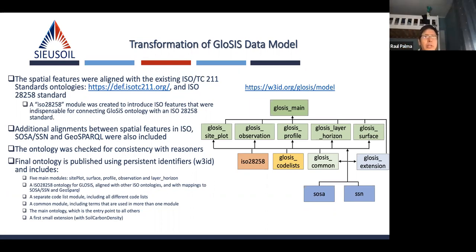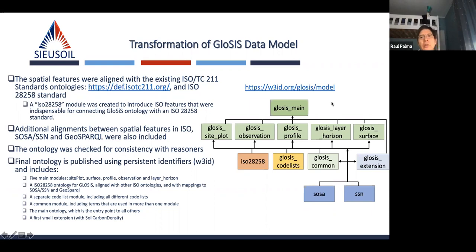So it was very important because when you are building large ontologies, sometimes you are losing track or making some mistakes or some typos, right? So this is very important. So this is on the right, you can see how the ontology looks like, the modular architecture of this